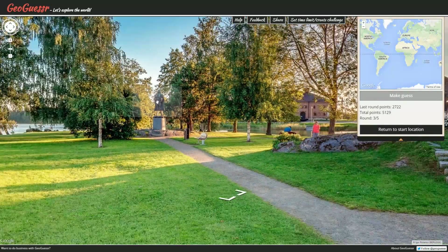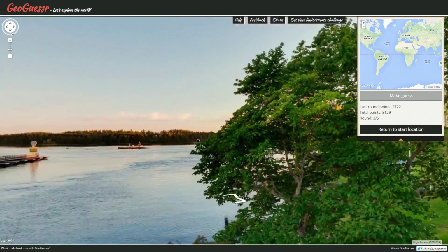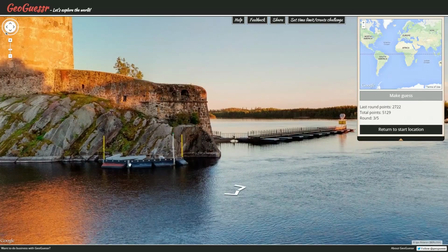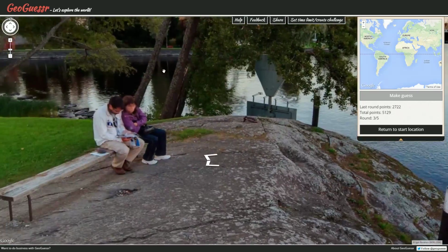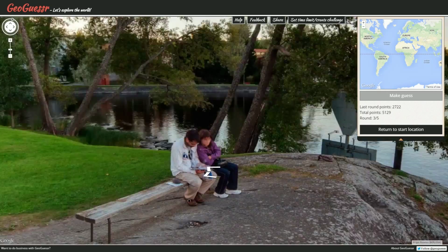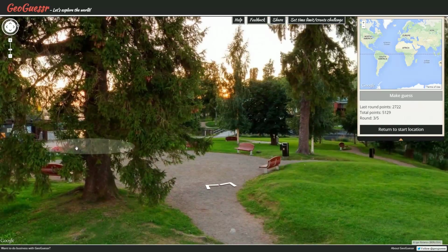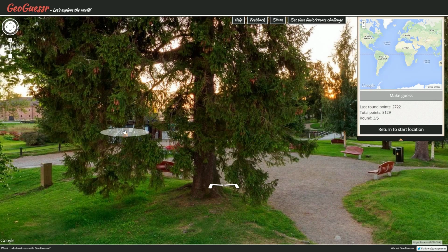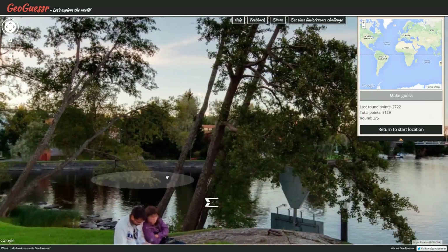We got somebody over here. What else do we have? We can look around, we can see. I mean, this is all very nice, but honestly, I absolutely have no idea where we are. I can't remember at all what we got here. We got some people, they're just checking out stuff. Do we see any kind of clues? Now, the picture is taken by someone called Igor Rotanov Berloga. That doesn't really help me at all. Do I think we're...